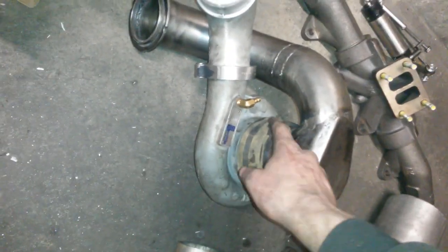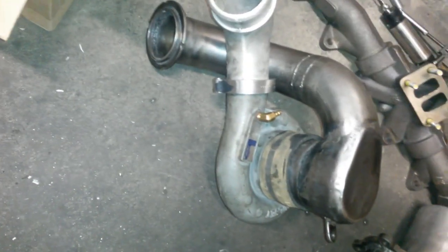I am still in need of a 4-inch boot for this guy to replace this water hose, or whatever that is. Big truck, something. Heater hose, whatever that is. That's not heater. I don't. Anyway,